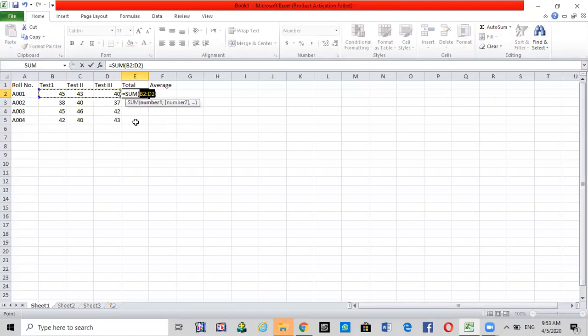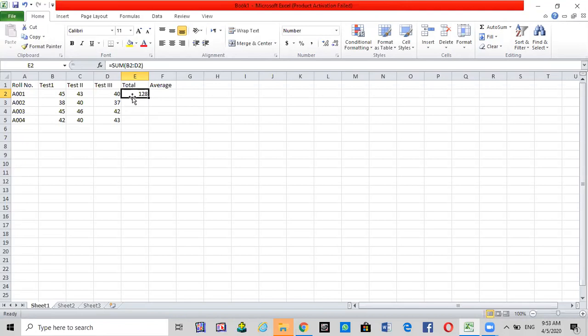Because these numbers are accurate, I will hit enter, and here you see the total for student A001.